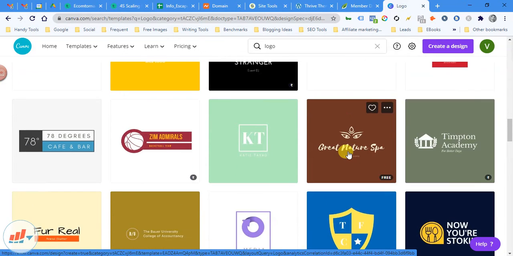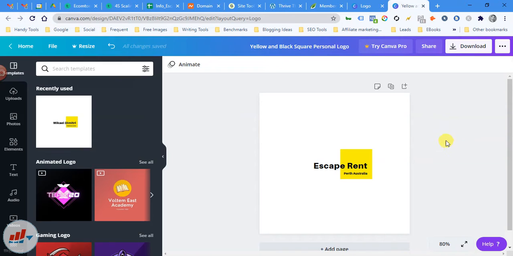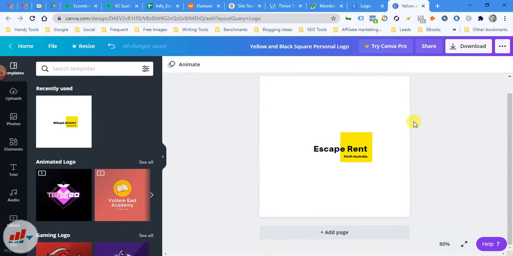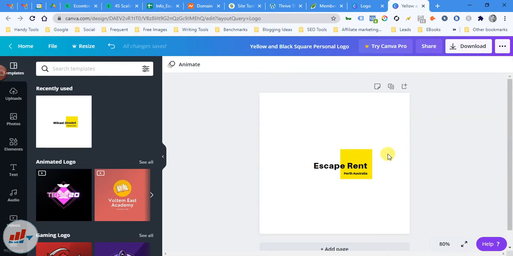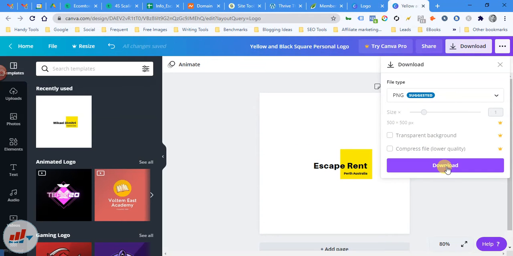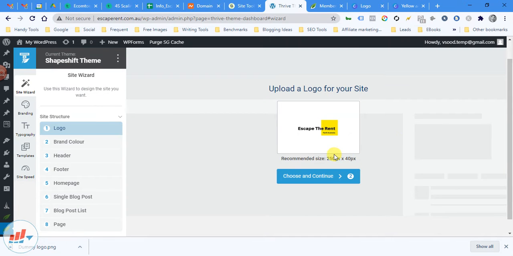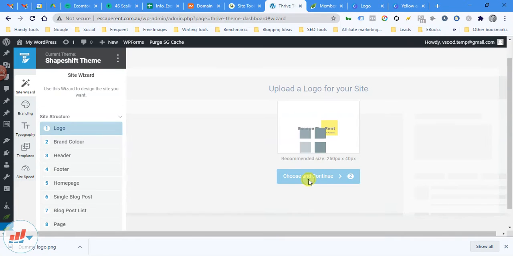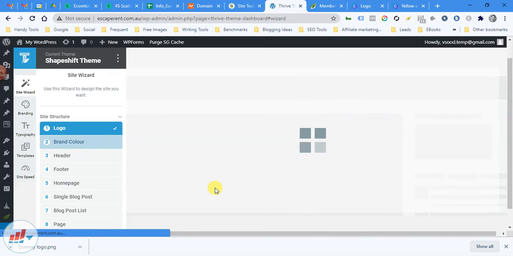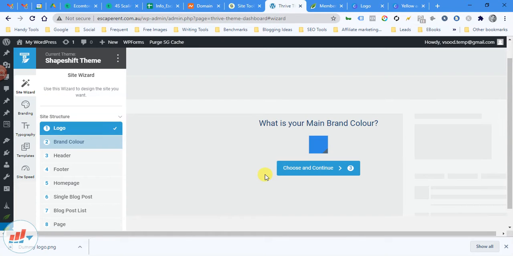So we have created this very simple logo here. Okay, and we'll try to download this particular logo. So the dummy logo is created now. The next thing is, since we have no idea currently, we'll choose and continue.